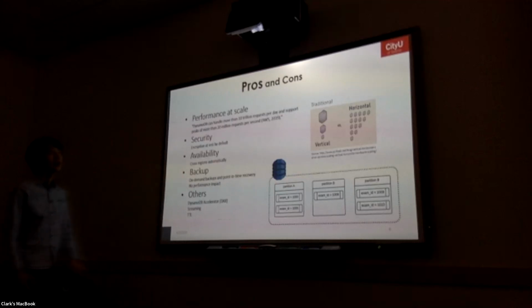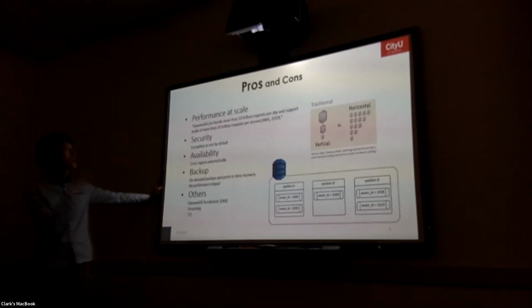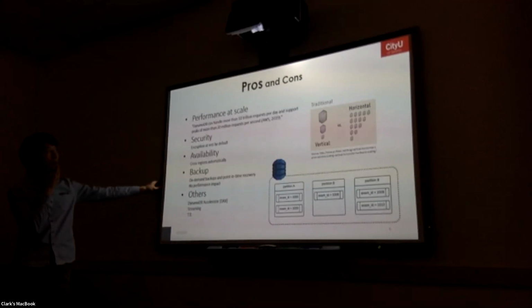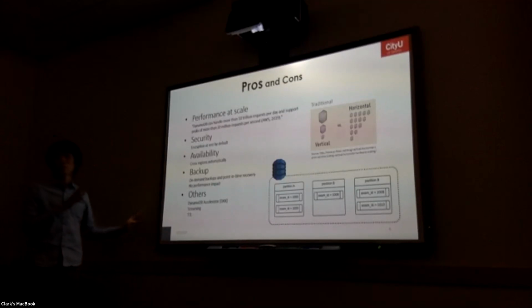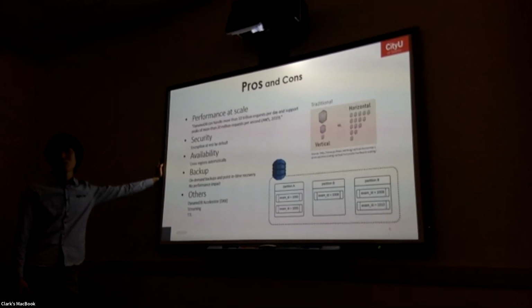And pros and cons. So let's talk about the good things first. The biggest thing is performance and scale. I'm not saying the relational database doesn't have fine performance. Actually, they're old technology, but very, very reliable. It's really fast in some cases, but when you reach the point where you have to scale,